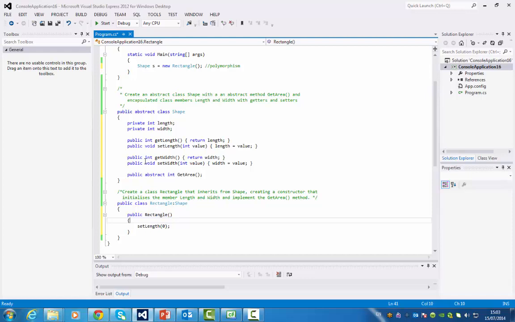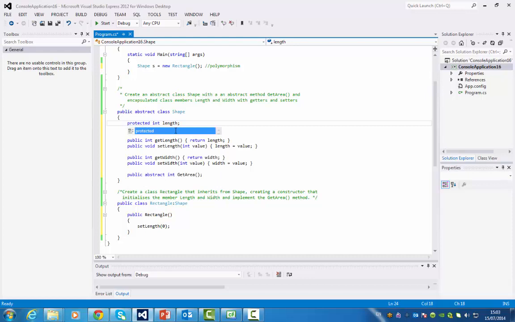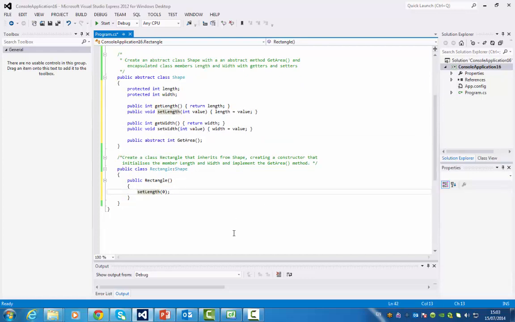So you could do that, or we could also access them directly. So we could say, instead of being private, they are protected. So only classes that inherit from here can access them directly. So if we make them both protected, that means we could either do it that way, set length and get length, or